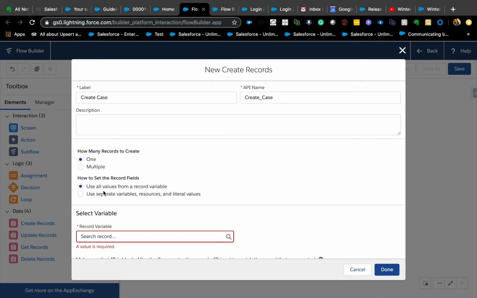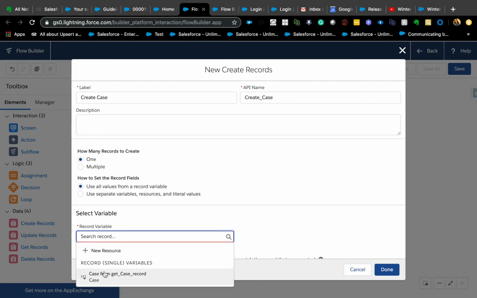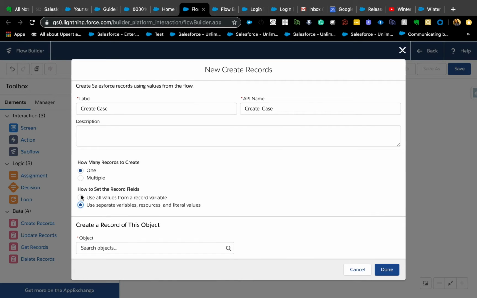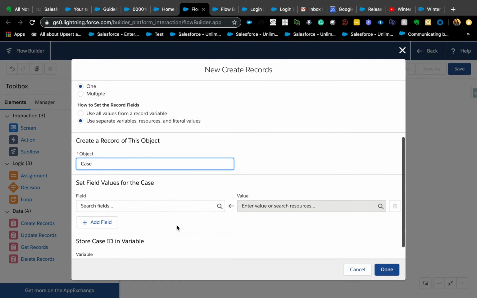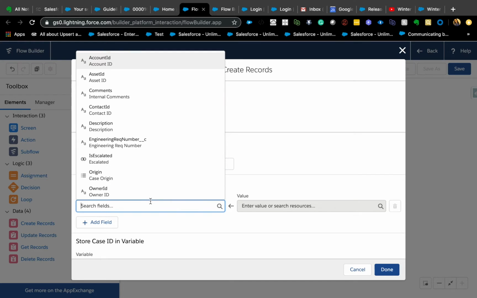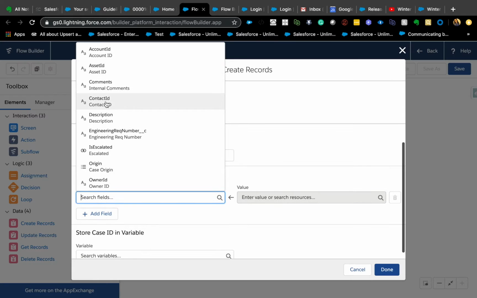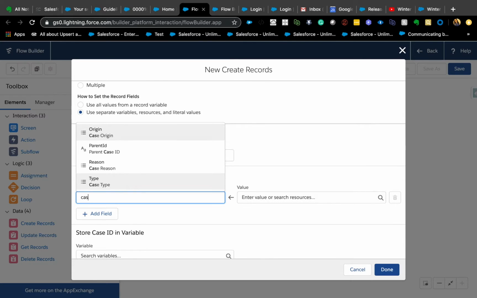The difference between these two is, if you want to create a case exactly this, and you don't have a lot of control over it, basically you already have a record variable and you just put that case here, which is fine. But I want to show you the separate variables, resources, and literal values. So I'm just going to say case here, and here you can actually set the fields that you want. So I think I had case description,